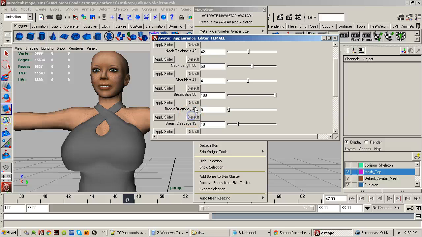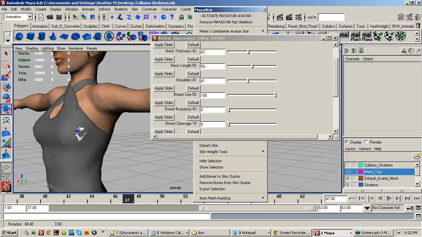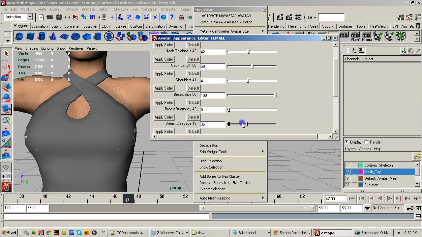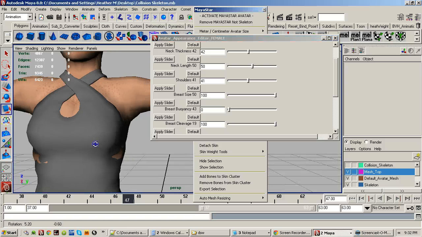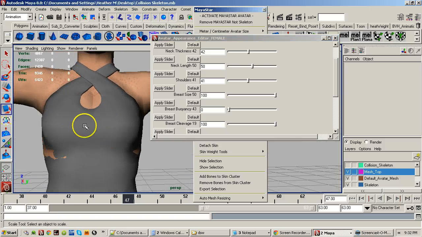So don't bother doing the breast cleavage either. It's not too bad on outward. You can see it's coming out just a little bit, but an alpha would cover that fairly well. But the bones don't move quite out far enough. And if you go just the opposite for a lot of inward, you get, this isn't too bad, but if you had a very large breast